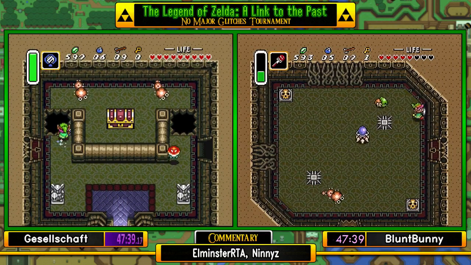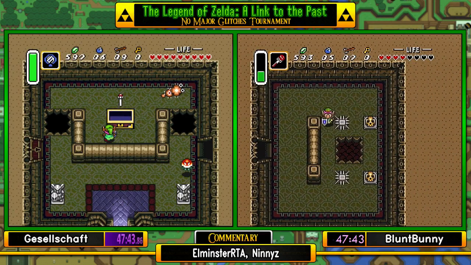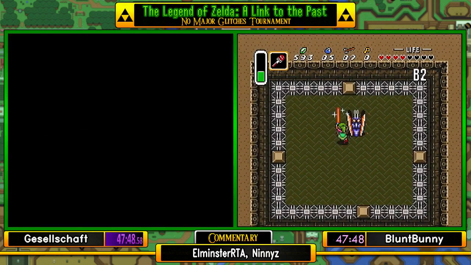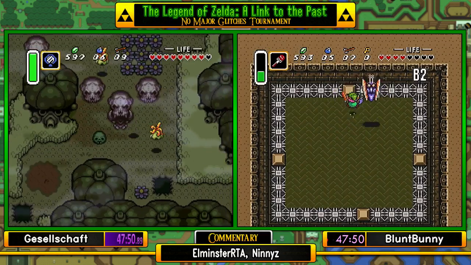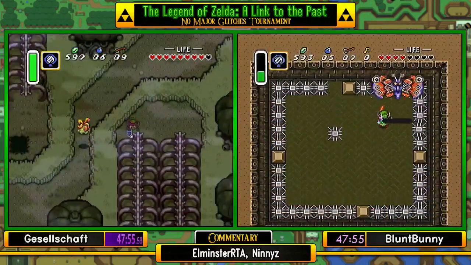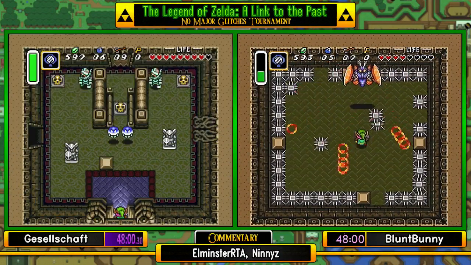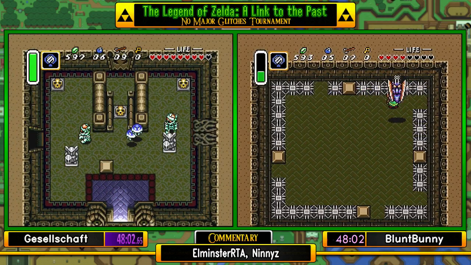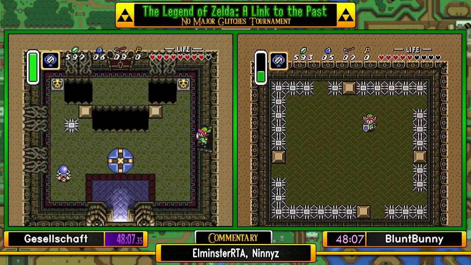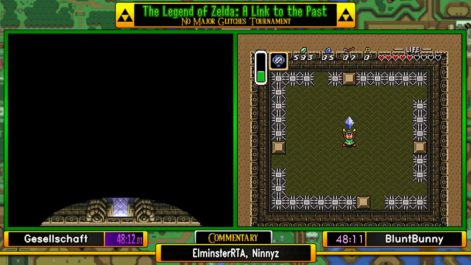He's also going to slash the Gibdo into the spike. Swag hover from Giselle here. I have never rolled my eyes harder. Not a fan of the hover? It's impractical in some places. Blunt with a very nice Mothula fight, using some poke dashes to